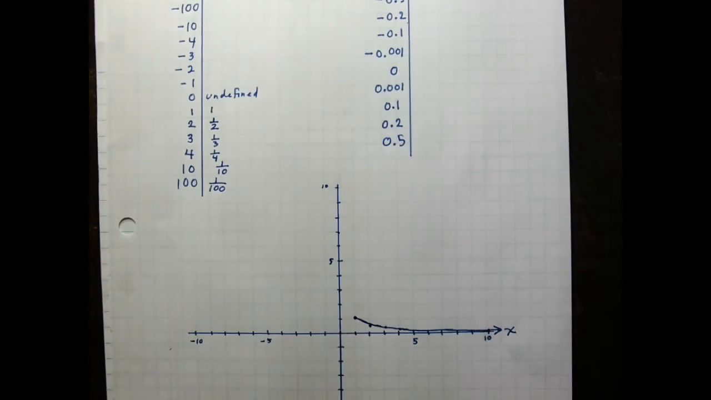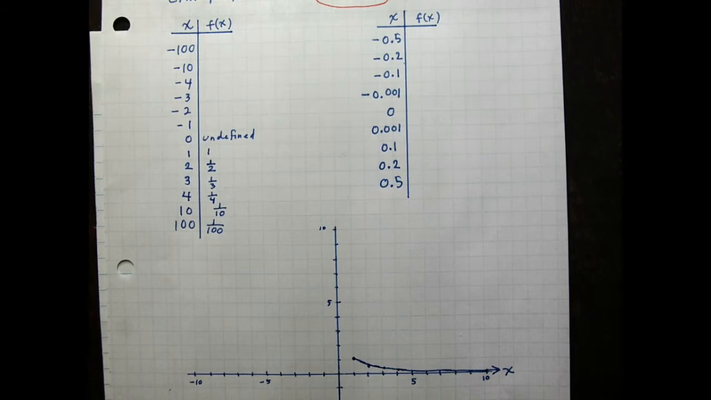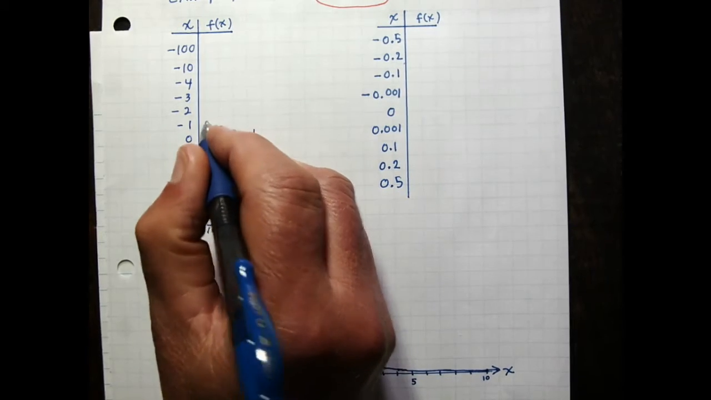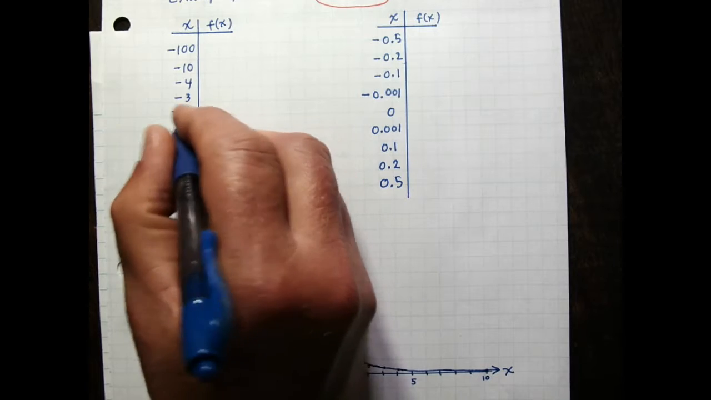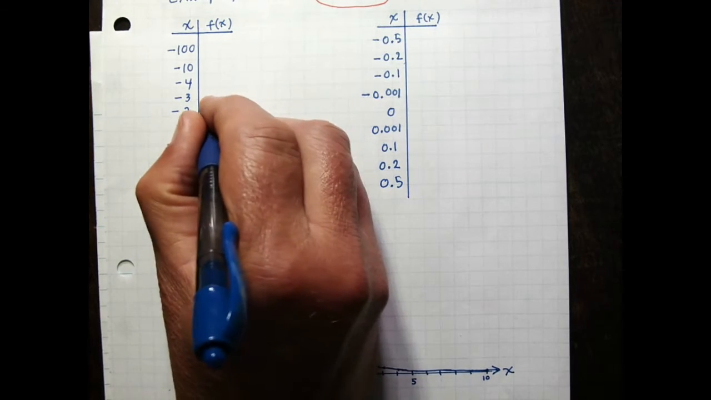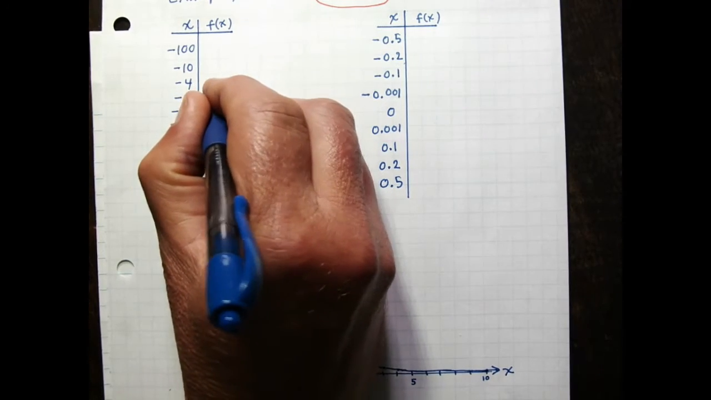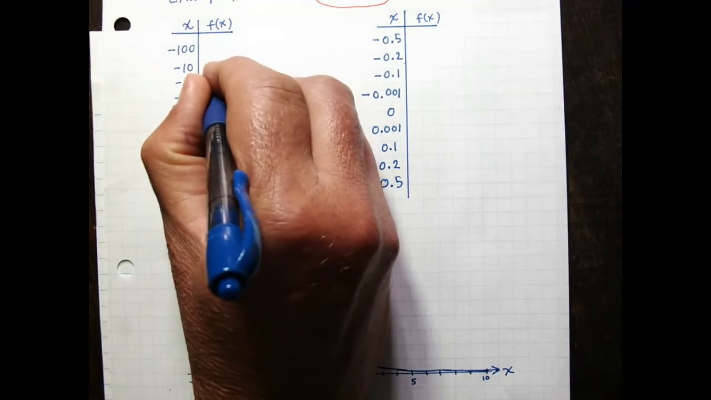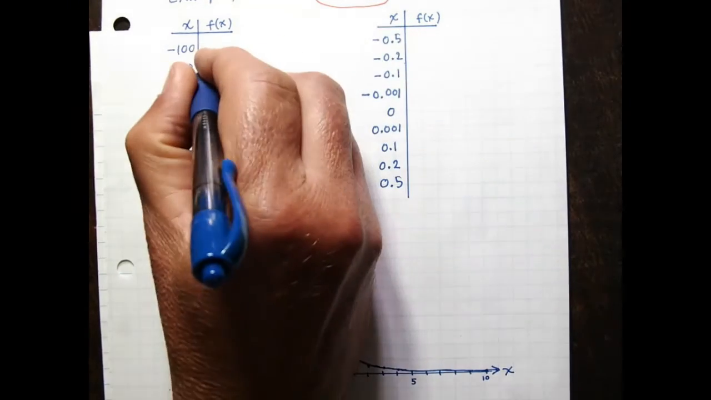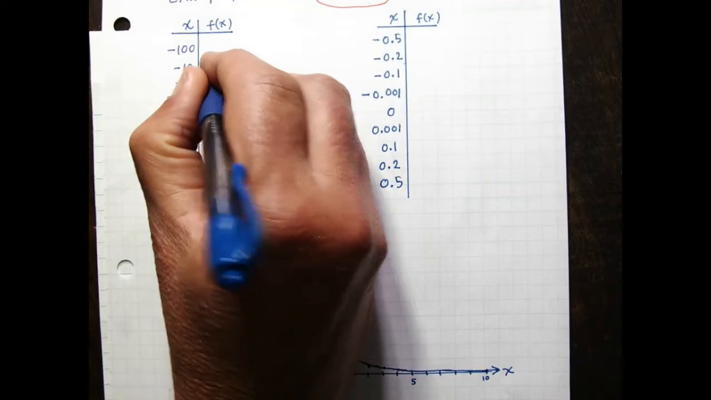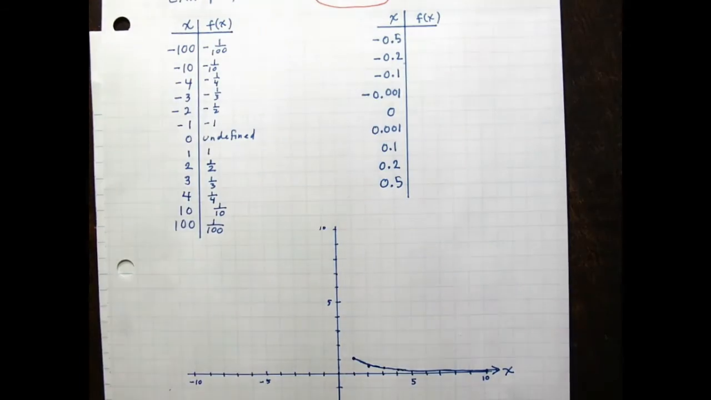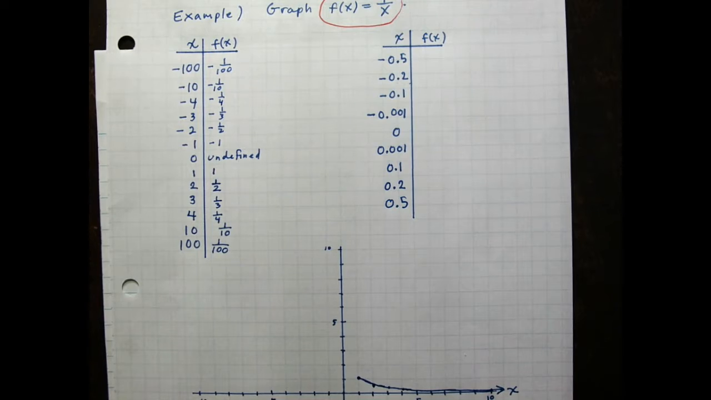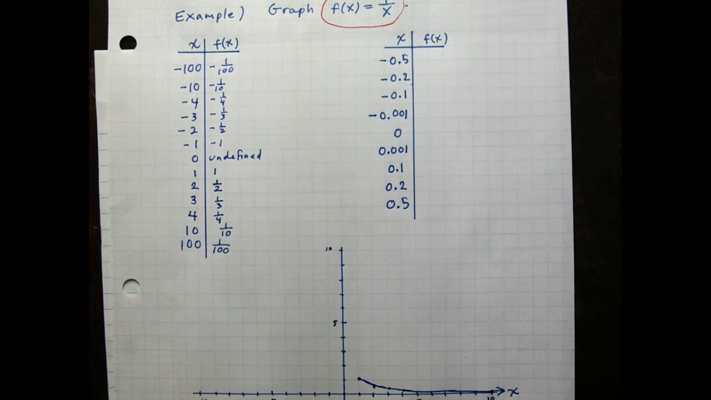Okay, now let's look at some negative values. Maybe I'll come up from below at 0. 1 over negative 1 is negative 1. 1 over negative 2 is negative a half. Then I get negative a third, negative a fourth, right? 1 over negative 10 is negative 1/10, negative 1/100th at 100. So it's kind of similar to what happened with positive numbers, but I'm getting negative y values for all these